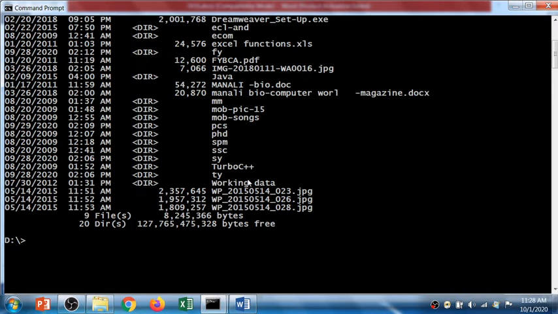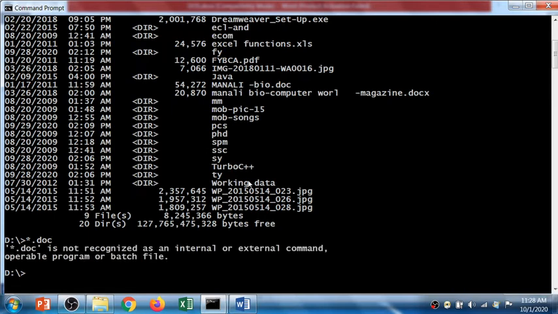In the previous lecture I discussed the wildcard characters, right? The star you can call the asterisk symbol, which means n number of characters. So star dot doc, because I knew that the extension of the Word file is doc, and I prepared the file as a Word document itself, but I don't remember the name. That way I can list out all the doc files available in the D drive. It is not a recognized command, sorry.